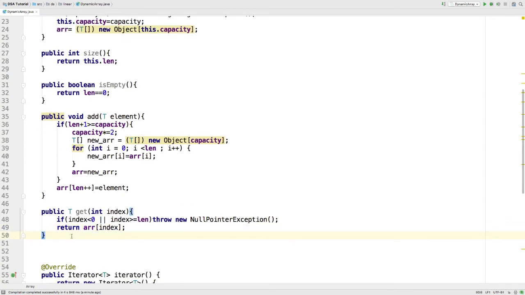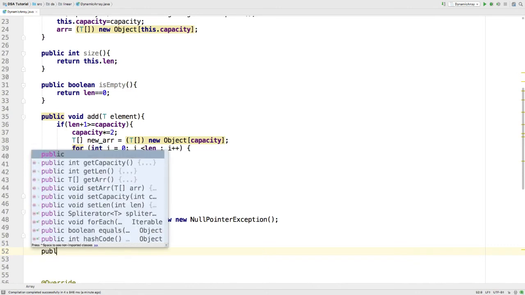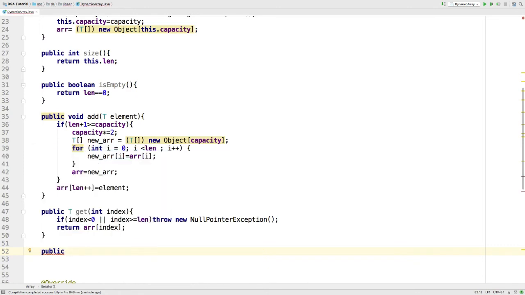After this, we also need a method to set an element at an index. So for that, it will be a void method. It will take two parameters, an index and an element.